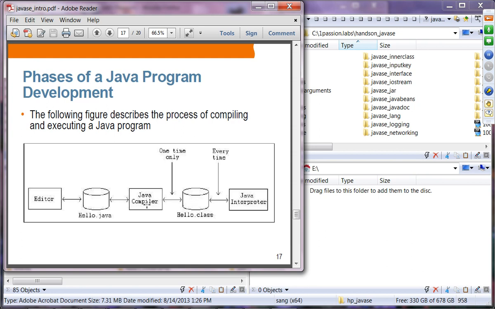You can compile this code just once. If you change it, then you have to compile again, of course. And once you compile your Java source code into a Java class file, in this case the hello.class file, you can run this application many times. Of course, we're going to go through this process and do some exercises later on. So two big important steps: you compile your Java source code into a class file, and then you can just run it over the Java runtime environment.